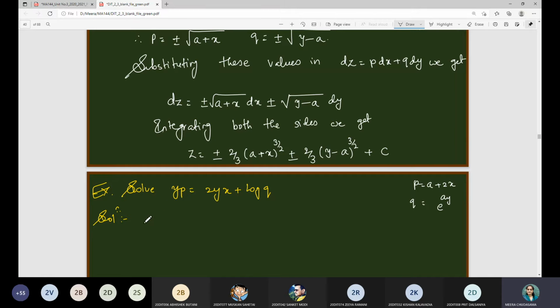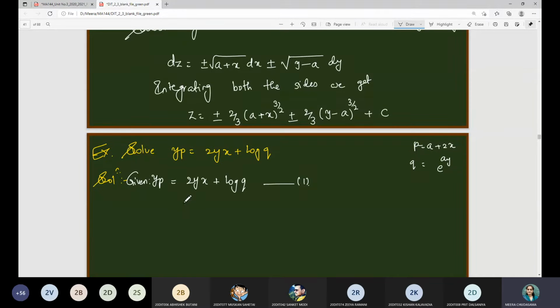After that, the things are very easy. Those who are not able to solve it, they can see this procedure. This is what the given expression. So we have to separate the variable, right? So let us collect the y common. So y into p minus 2x is equal to log q. I can write 1 as this one, and therefore p minus 2x is same as log q upon y, right? Or since both of them are independent variables, so this is possible only when this is a constant quantity.